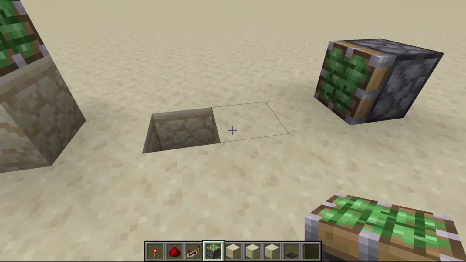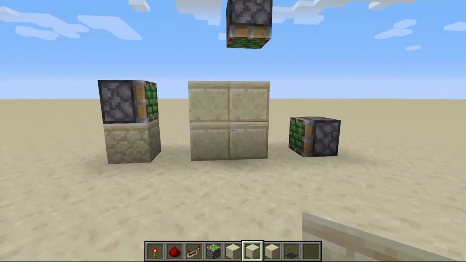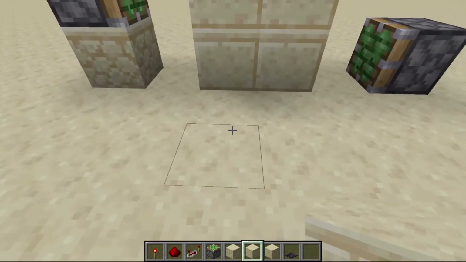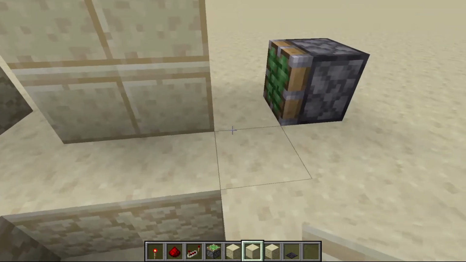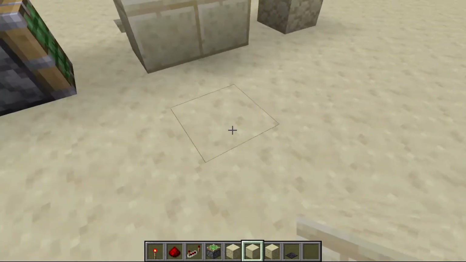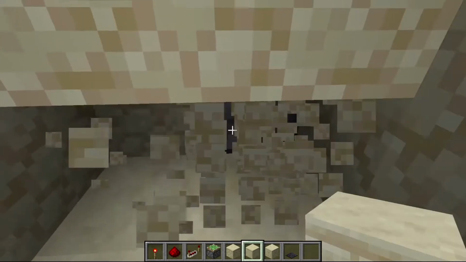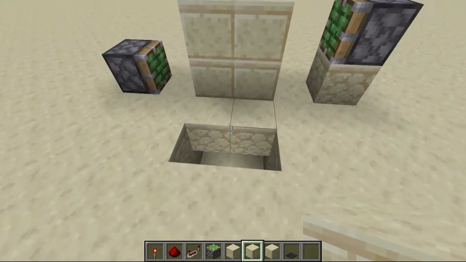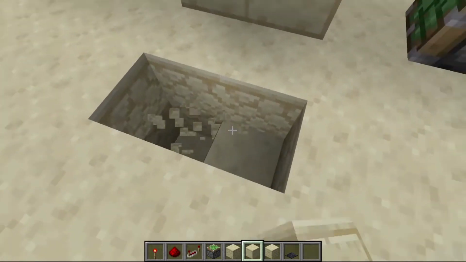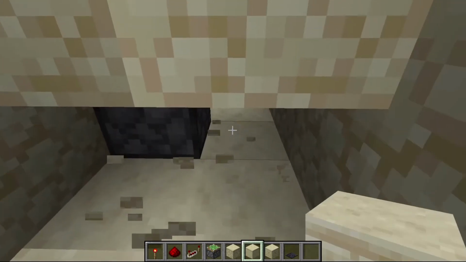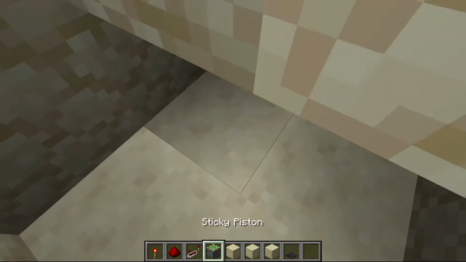So let's try and work out what we need to do in order to get these blocks to behave as they're meant to. So first off, we'll go ahead and place our actual door here. And this is going to take a bunch of redstone jank here. So it'll be an adventure for me, and this is a good type of project to get yourself into if you're wanting to learn some more about redstone like I am. I'm not a redstone engineer by any means,